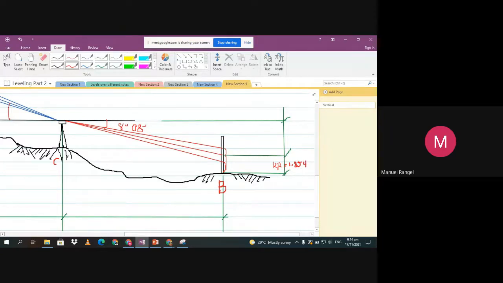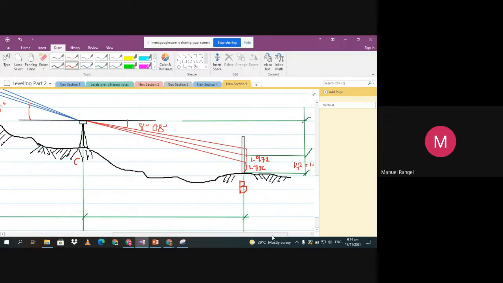1.854. 1.972 meters. So the lower reading is 1.736. Kunin sa pinakababa. Ang reading na nakuha ng instrument is katong vertical measurement na siya. So sa atong formula, we have two formulas